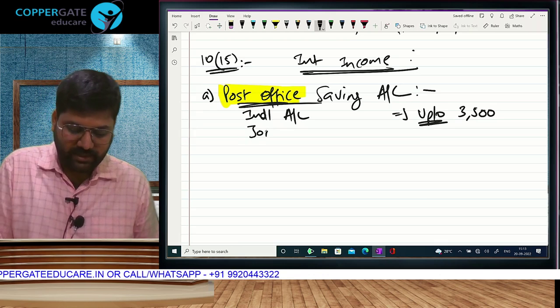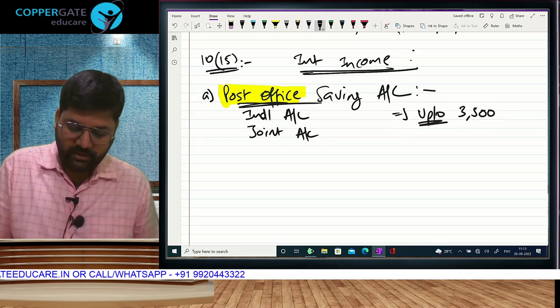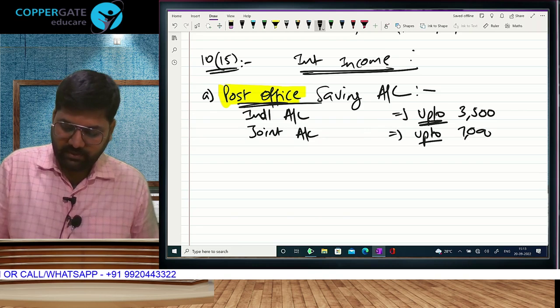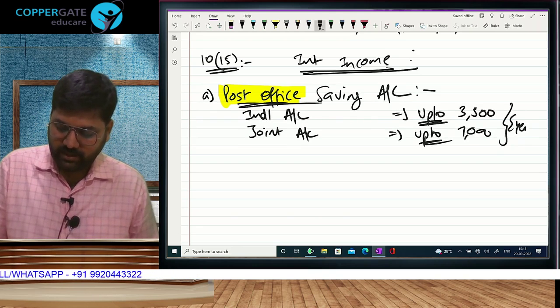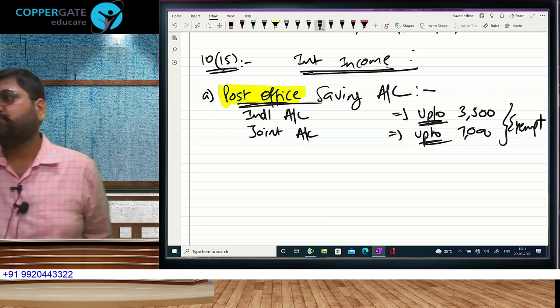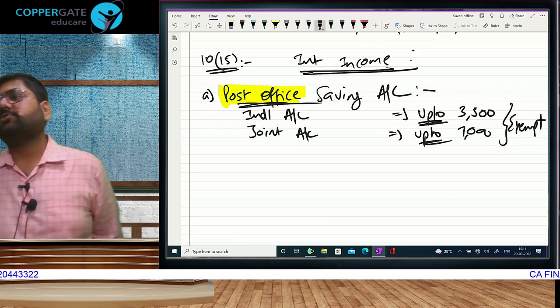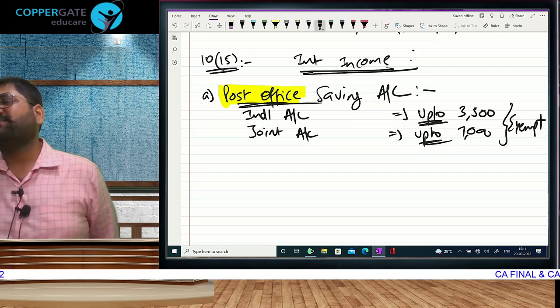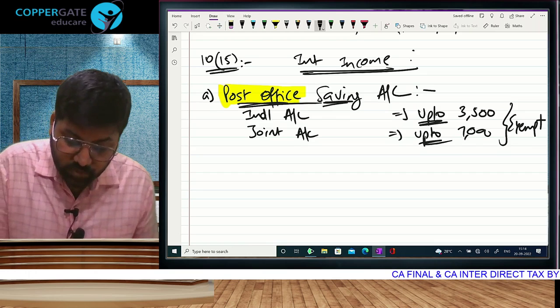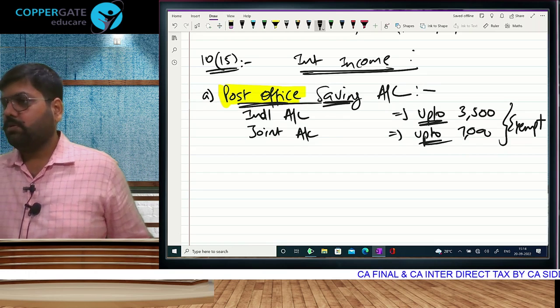And is it possible that it's a joint account? In that case, interest up to 7,000 rupees will be exempt. So in case of individual account, it is going to be 3,500. In case of joint account, it is going to be 7,000 rupees, which will be exempt. In which saving account? तो सुन लो मित्रों,